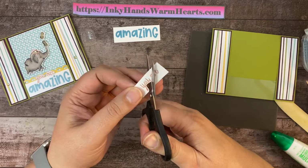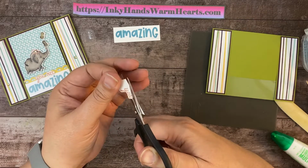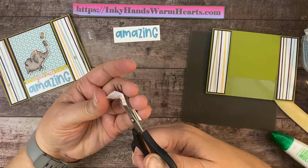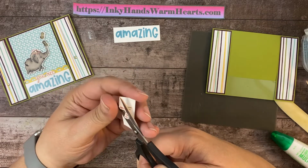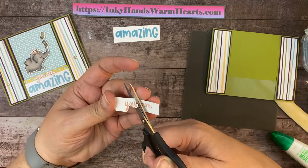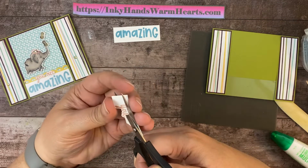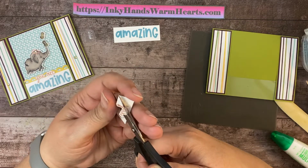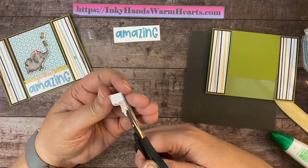There's kind of too big of a gap in between them, and I didn't want so much white, so I decided to cut each word separately. And so I'm just, you know, moving my paper like I do when I fussy cut, and kind of leaving my scissor in one place. I just actually put pressure on the blade to just bring it down, but all the work is done with this other hand here. I'm going to just dip in and out, not really tightly, just enough